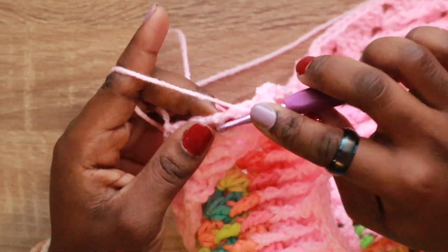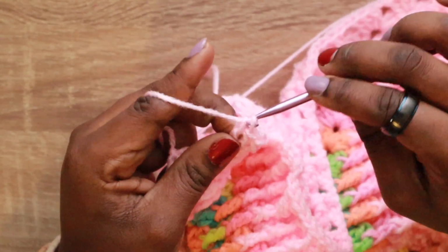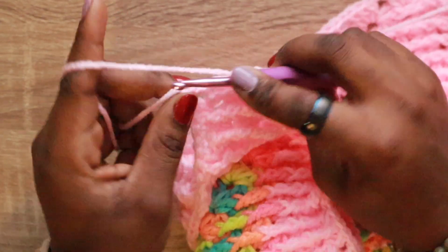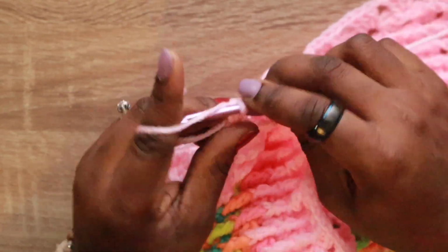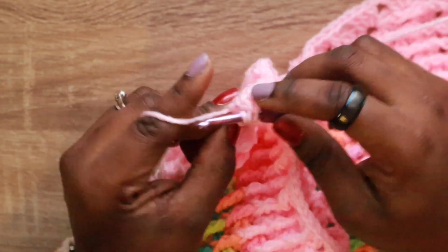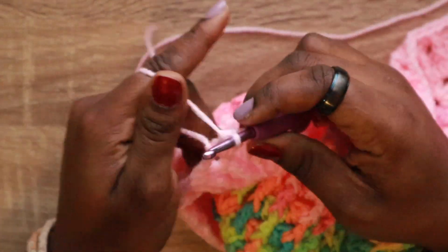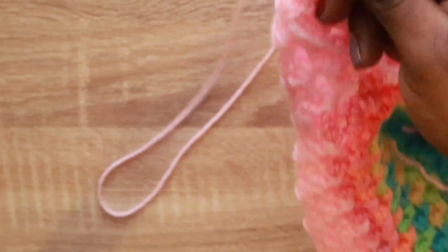1, 2, and 3, and then I'm going to chain 1, and then I'm going to skip this space right here, and I'm going to put 3 double crochets into this space right here, which is the corner space. 1, 2, and 3. Now row 1 of the lengthening part is done. Okay, so to start row 2, you are going to turn your work,